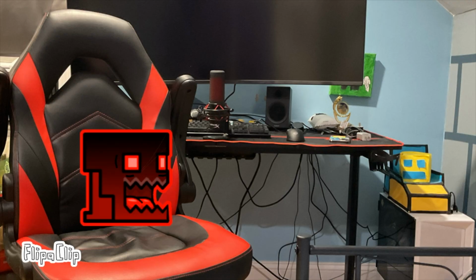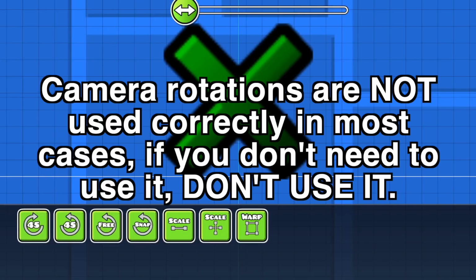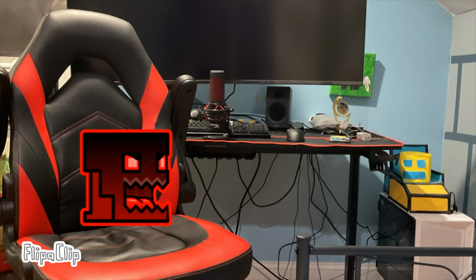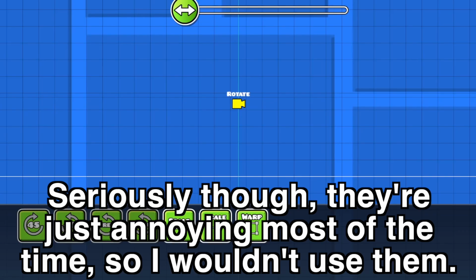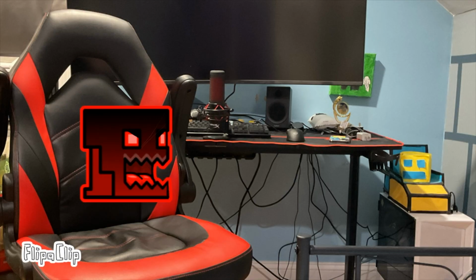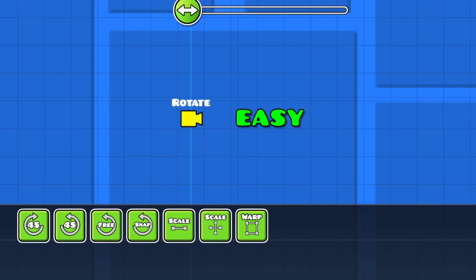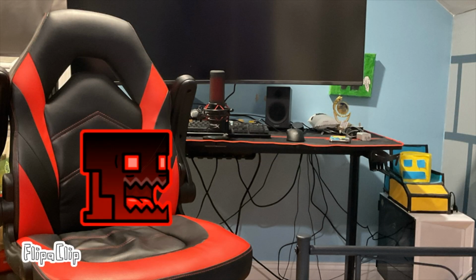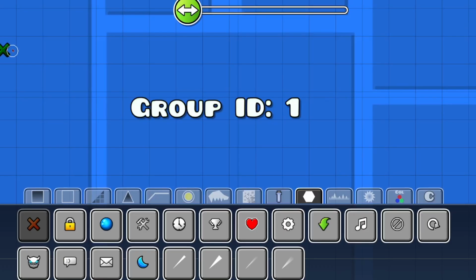Oh god, this one. Just a disclosure, not every single level needs camera rotations. In fact, most of them don't. I'm sick of seeing levels that just have this trigger because it's cool and not because the level needs it. Anyways, this one is especially easy because it's just the normal rotate trigger but easier because there's no group IDs